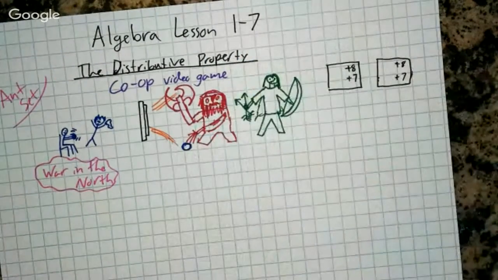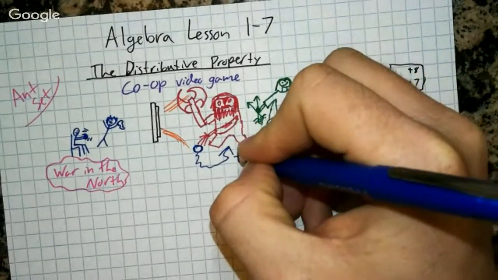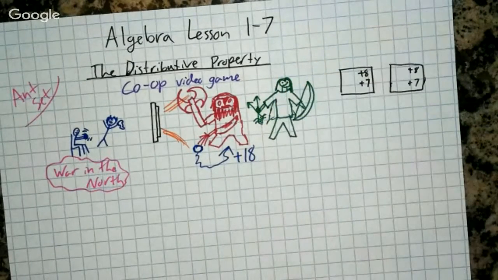And he found a ring laying on the ground. He went to pick it up, and he saw that when he picked it up, it was going to power him up plus 18, which is unheard of. It was the most amazing thing you could find.